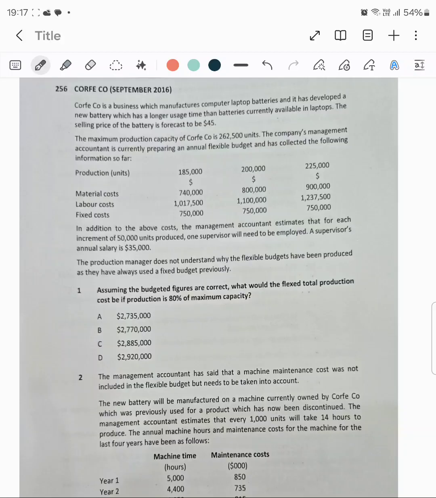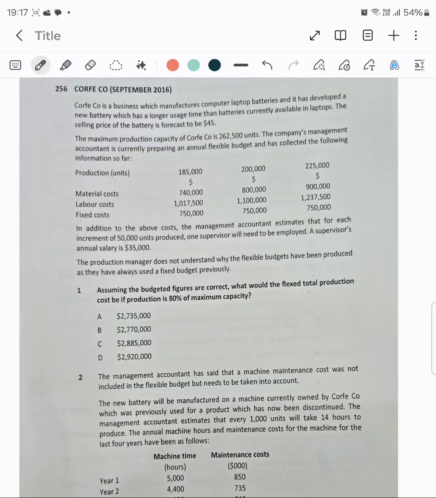The selling price of the battery is forecast to be 45, and the maximum production capacity of Corfe is 2,62,500 units. The company's management accountant is currently preparing an annual flexible budget,